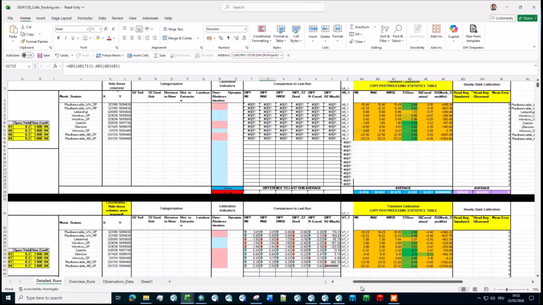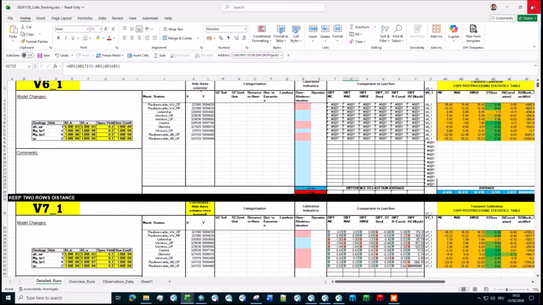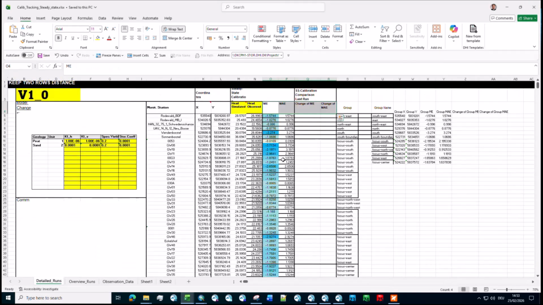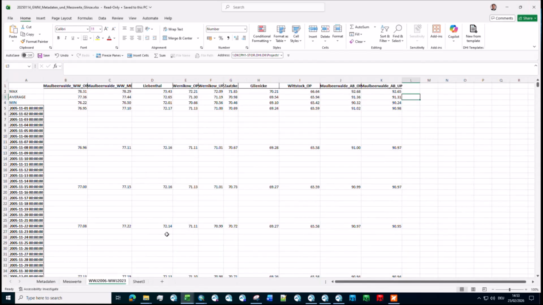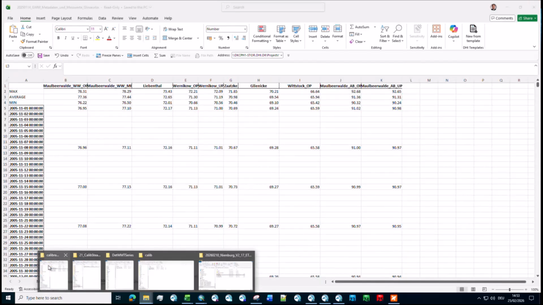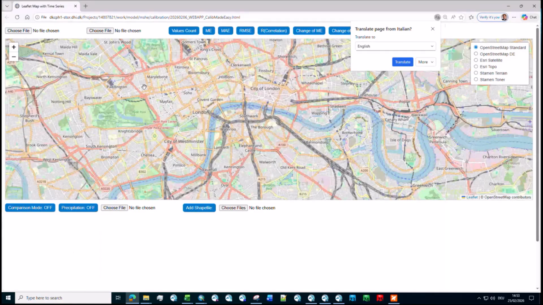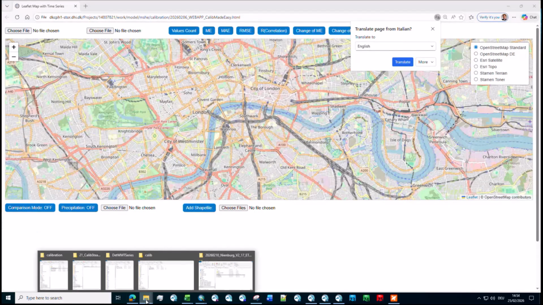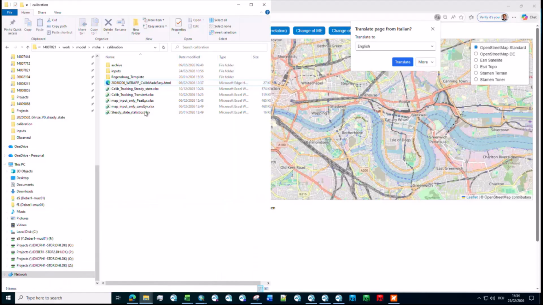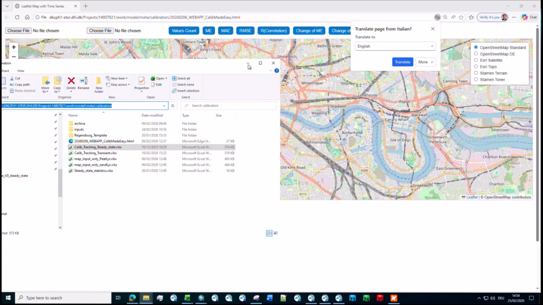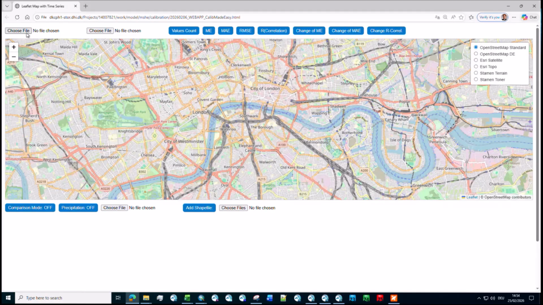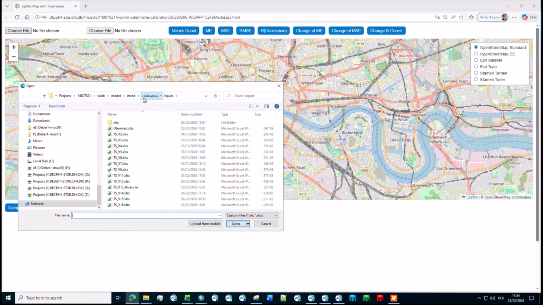And what they also did, and this is probably the most interesting one for the ones that are already using MikeShe out there, they have prepared a nice HTML tool. And this tool is prepared exactly for this kind of steady state Excel sheet that you can maintain yourself. So if you choose this file,